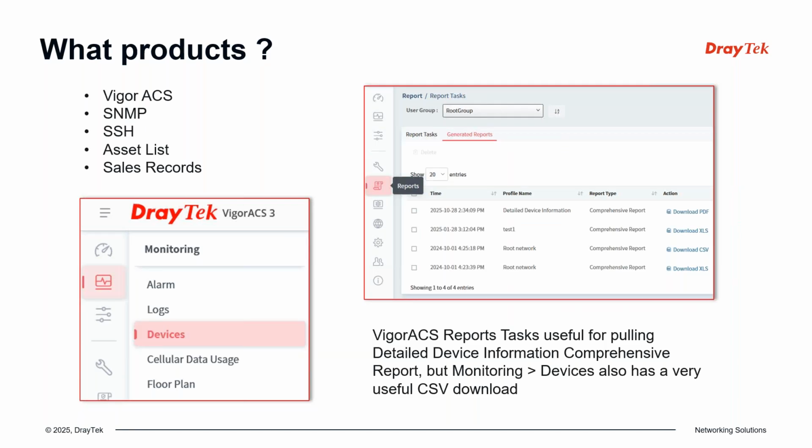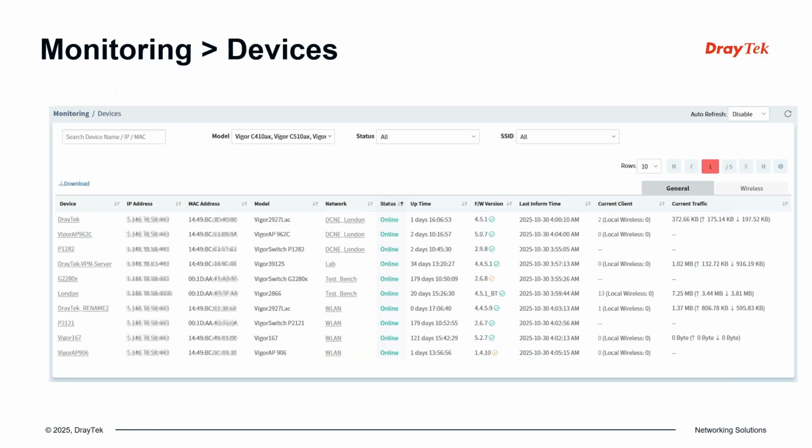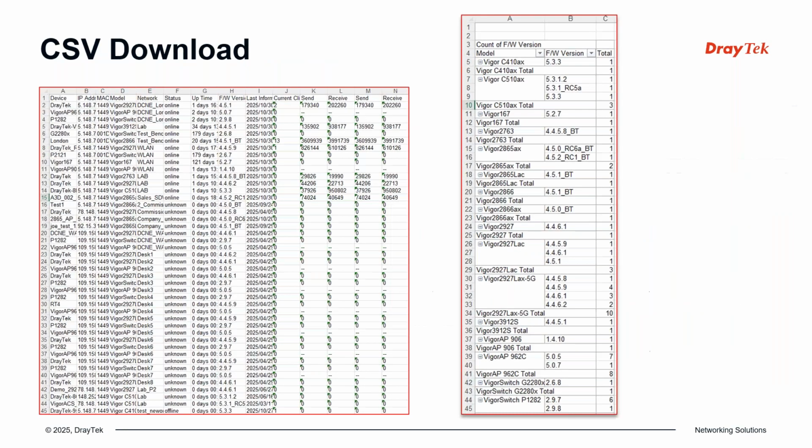So if I just show you the monitoring devices menu here, it shows you all the different devices on the network, which network in the ACS they're in, whether they're online or offline, and the model and firmware version. And there's a very helpful download button on the left hand side. If you click that, it downloads a CSV, which gives you all the devices in that network, and then you can very easily use a pivot table with a spreadsheet program to pull out and look at